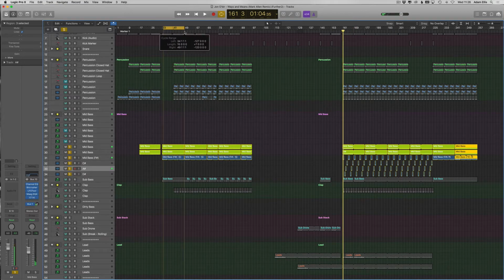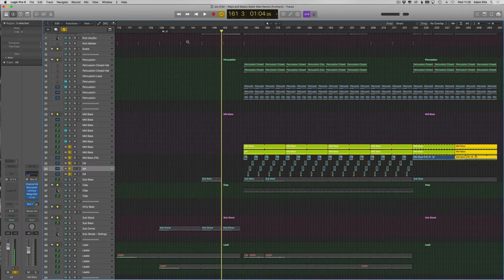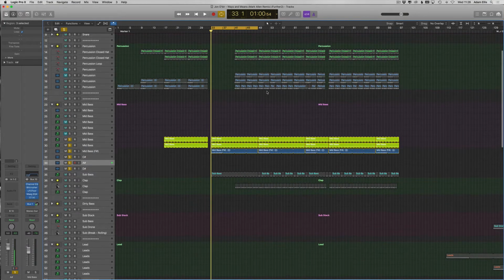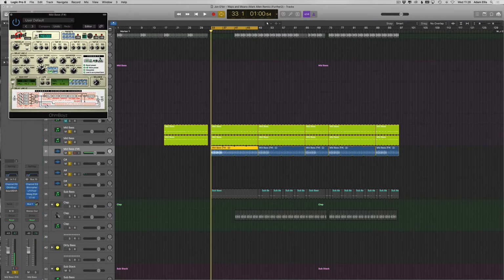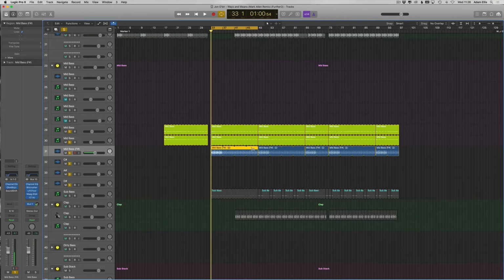You might be just thinking, well, why have you got audio channels in there in your bass line? Well, when you're starting out especially, it's very hard to get mid basses to sound good. And I find throwing a nice bit of audio in there, this one's from the Activa sample pack, it just brings your bass lines to life. It adds a bit of movement. On this one I've added Omni Boys, which just spreads the sound left and right, so cool delay. But if I just show you with and without,